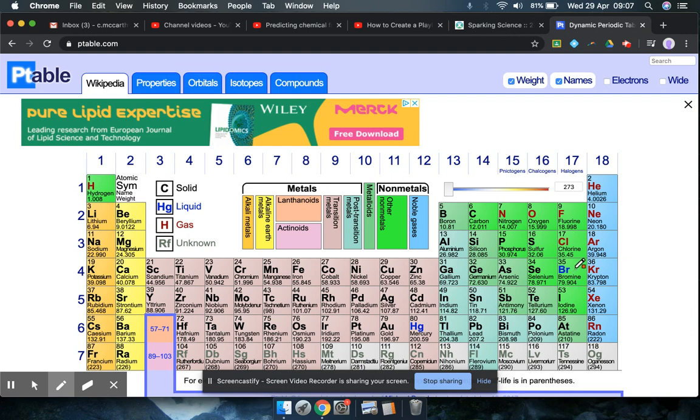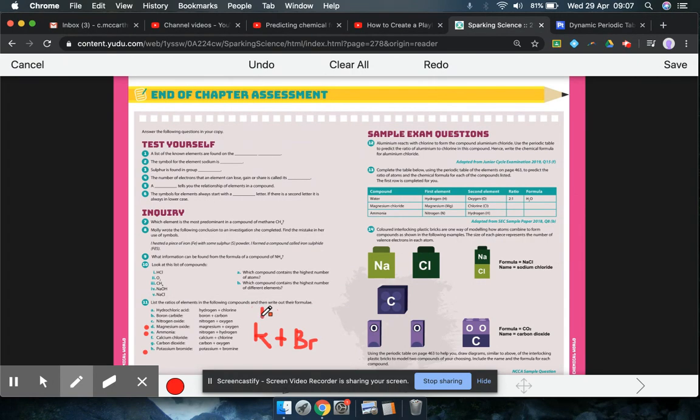chemical formula, because if bromine is in group 7, that means it has a valency of 1, and potassium has a valency of 1. So therefore we can see our ratio is 1 is to 1. So therefore you're going to create a stable compound by simply chemically bonding these together. These are going to be highly attracted to each other, and they're going to create a chemical bond, which is KBr. Okay, so actually we just need both of them to join together, and we have potassium bromide then. Okay, so that is this section here